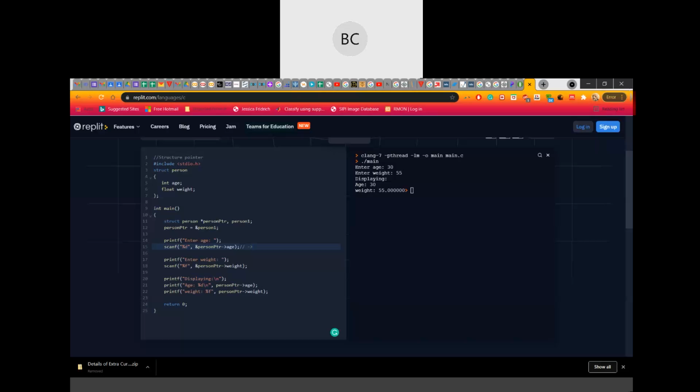Now, remember I told you we can use dynamic memory allocation. Using dynamic memory allocation, you can add more memory during your runtime. For structures, we mainly use dynamic memory allocation to store lots of records.